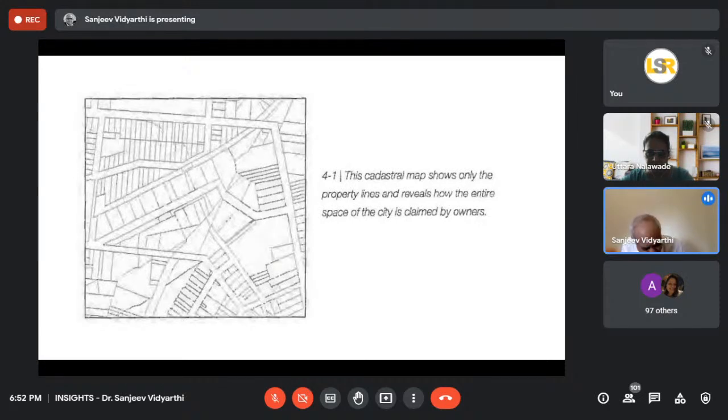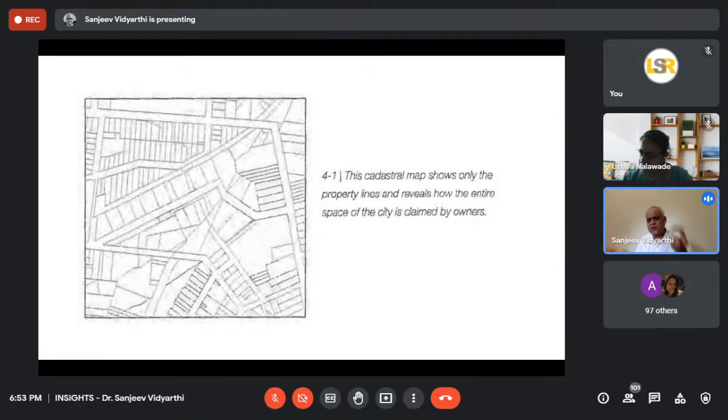एक शहर के अंदर कोई भी जगह ऐसी नहीं होती जो जिसका कोई owner नहीं है. Try anything in Mumbai, किसी भी corner पे जाके, and you will find that there is an owner, whether it is municipal government, BMC, or a private owner. So people carve up the entire city, and this is true for all cities across space and time, into these plots of ownership. That's one way to read the city.